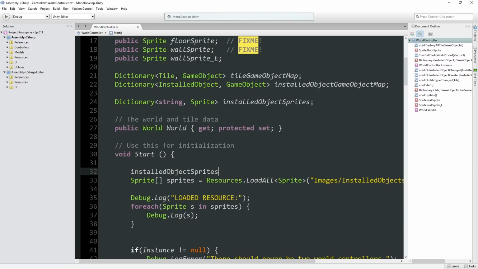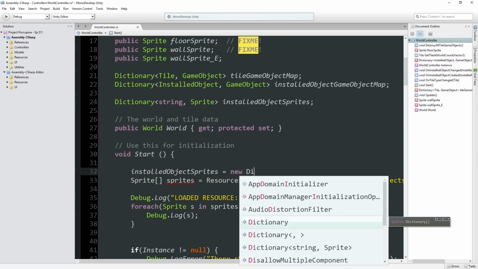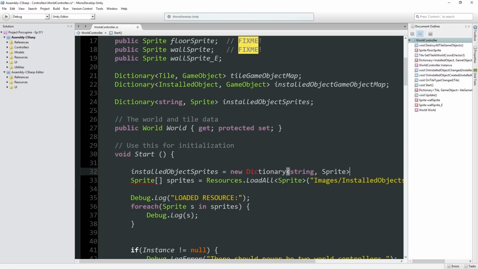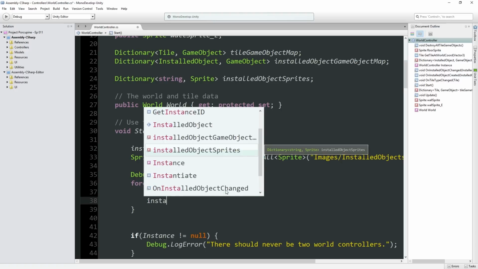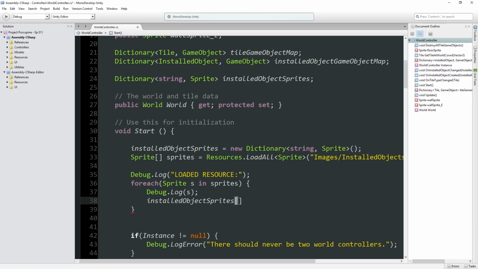So now when we're loading the sprites, we're going to have to instantiate our new dictionary. There we go. We're going to have to instantiate our dictionary. Then we're going to run through all the sprites. And what we're going to do is go installed object sprites, grab s.name. This is the name of the sprite that we loaded with our Resources.LoadAll, and we're going to assign it to